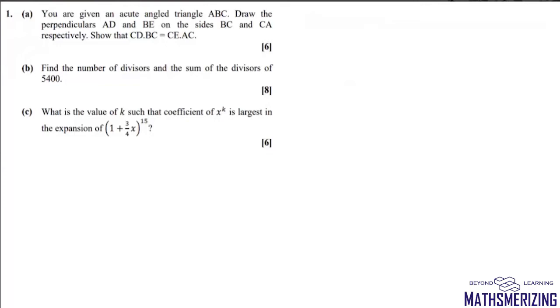Today we'll discuss the PQB 2020 sample paper, mathematics group. The first question is: you are given an acute angle triangle ABC. Draw the perpendiculars AD and BE on the sides BC and CA. Show that CD into BC is equal to CE into AC. So we have this acute angle triangle